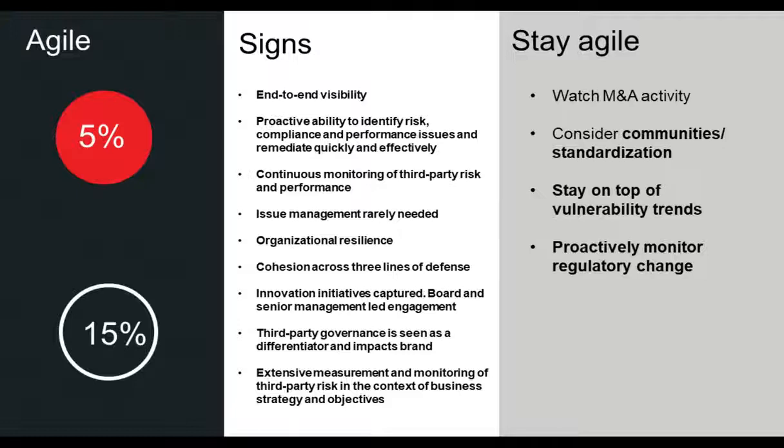If you're an organization that has a lot of M&A, you buy a lot of companies, you acquire a lot of different types of organizations, then getting to an Agile state with respect to your third-party risk management program is going to be important because you're going to need a mechanism to incorporate additional functions, companies, resources, processes into your business.